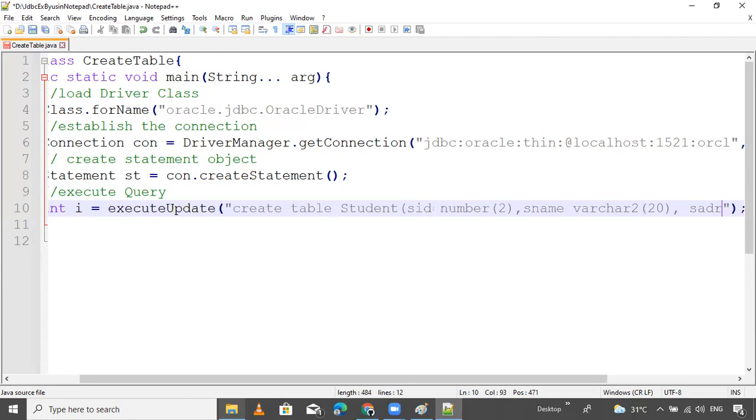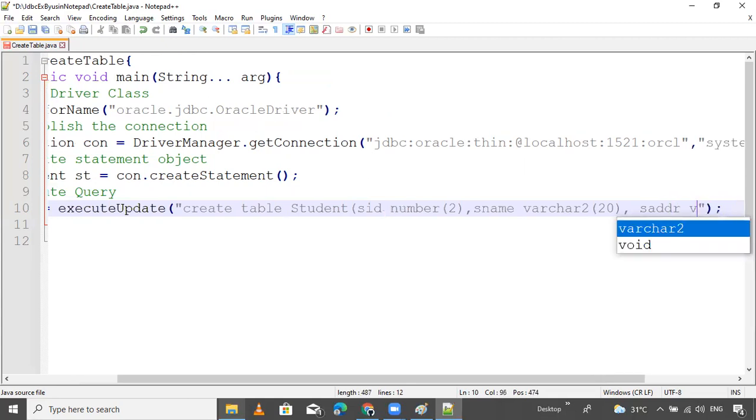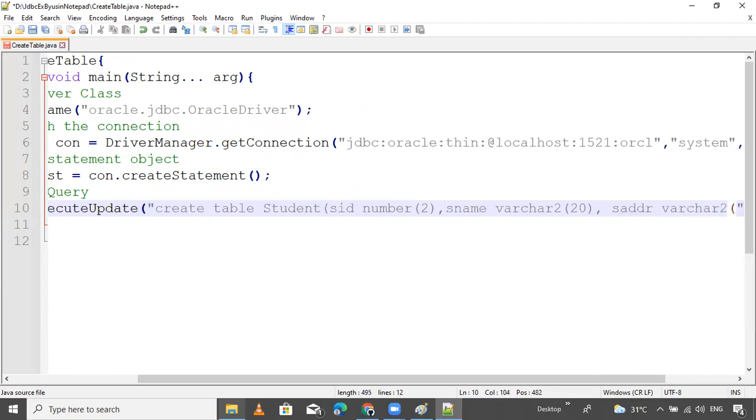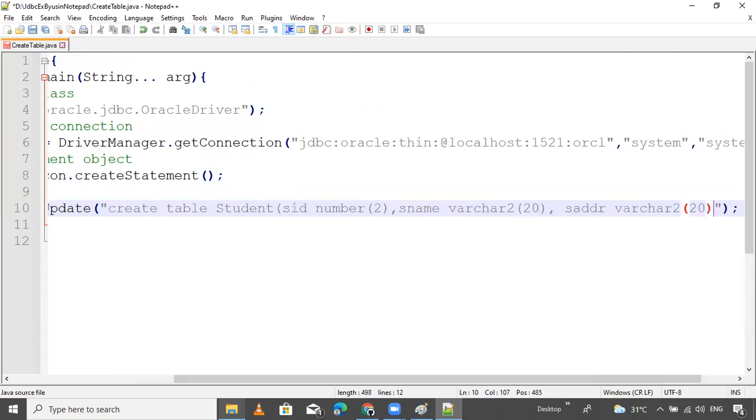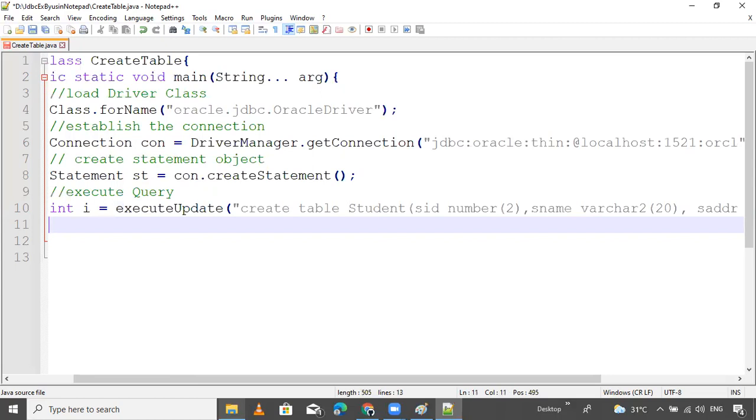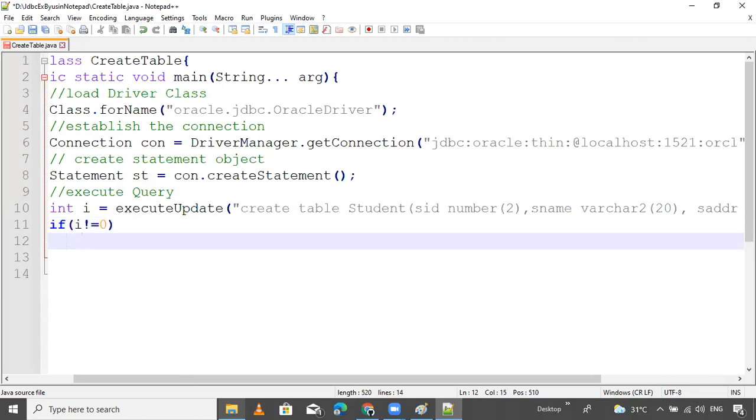And SADDR, this is the student address, varchar2, and simply we pass a size. Close the method. That's it. So suppose if i not equals to 0, it means the table is created.